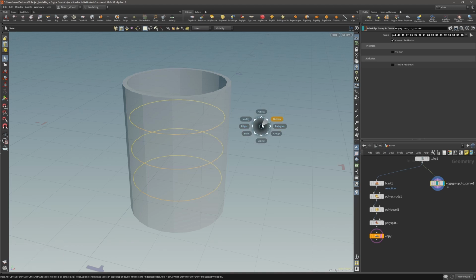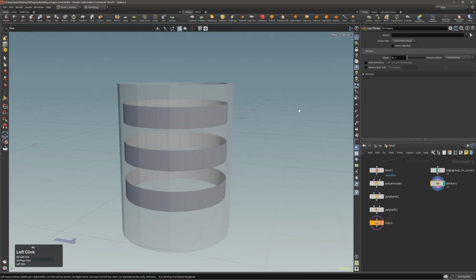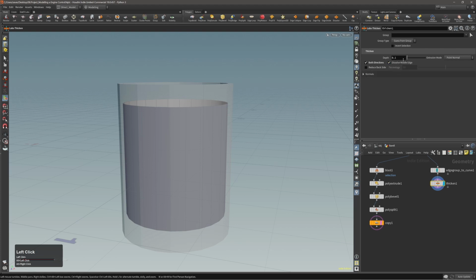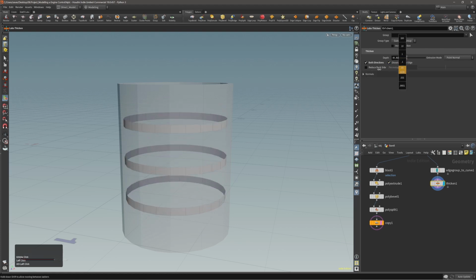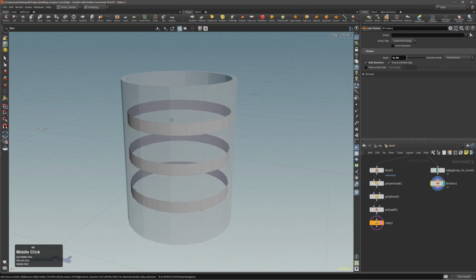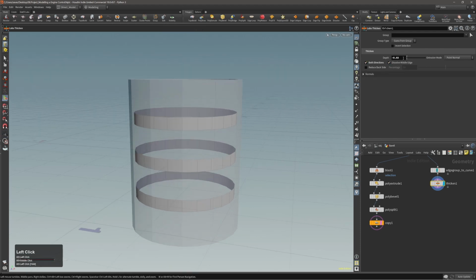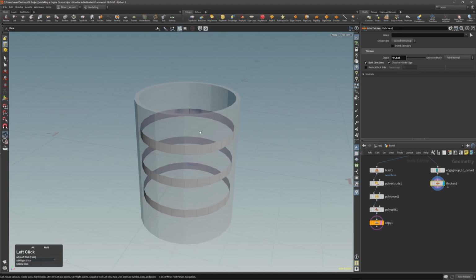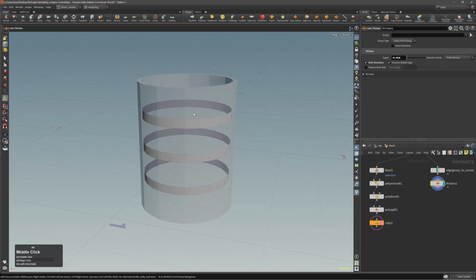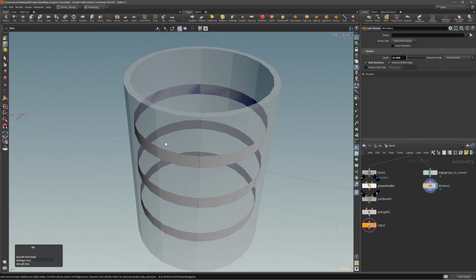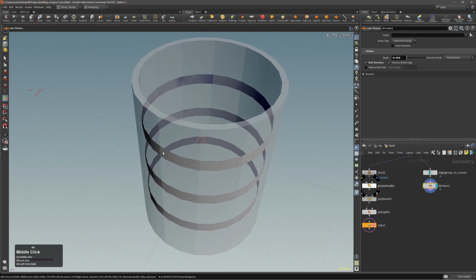And now what I will do, I will just use my labs thicken and make sure to extrude it on both sides and just go into minus so that my normal direction is in direction of outside direction. So now you can choose the thickness or the height of these rings, which I think this will be fine. Now the problem here is that, again, these rings are inside, but I need them outside. So